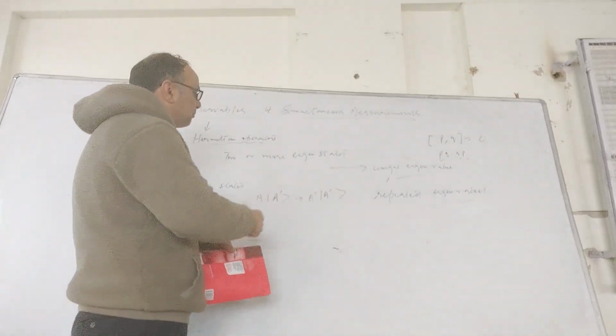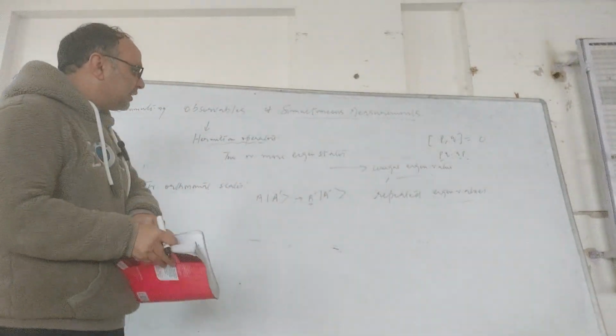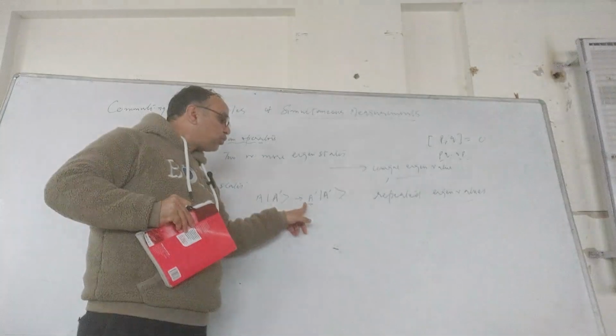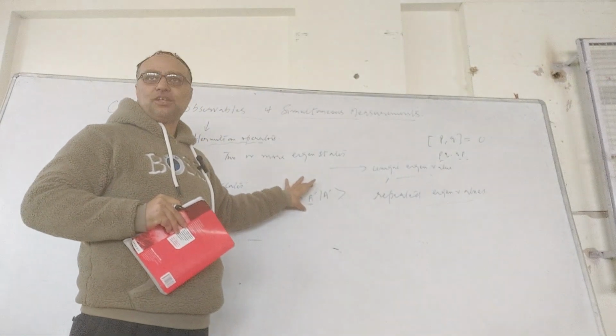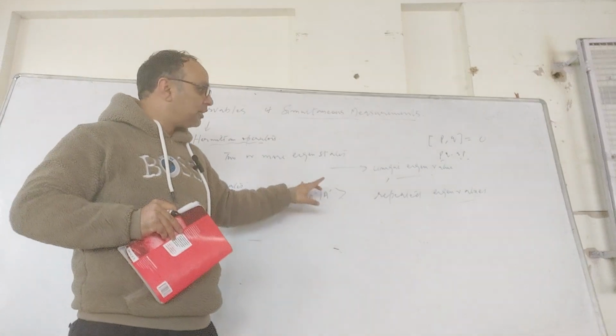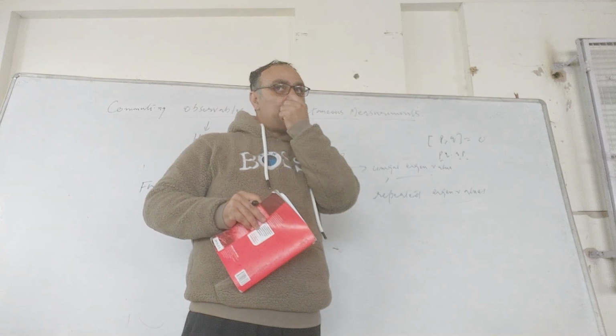It will have some value a prime, right? Now if two or more orthonormal states correspond to some unique eigenvalue, the same value, not orthogonal but orthonormal states,